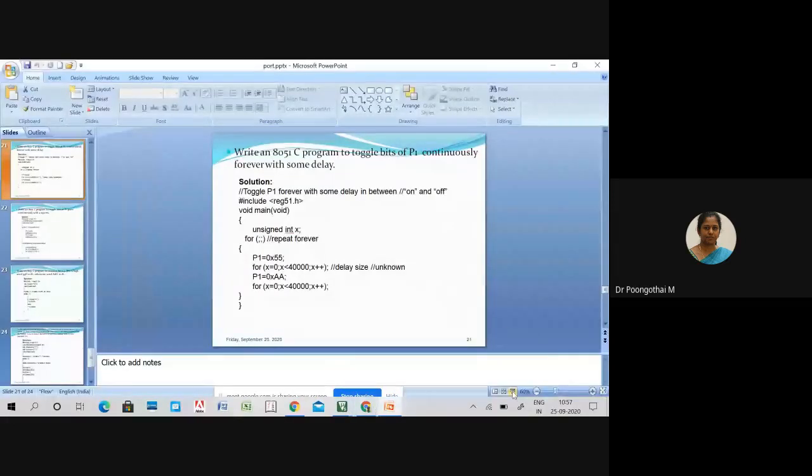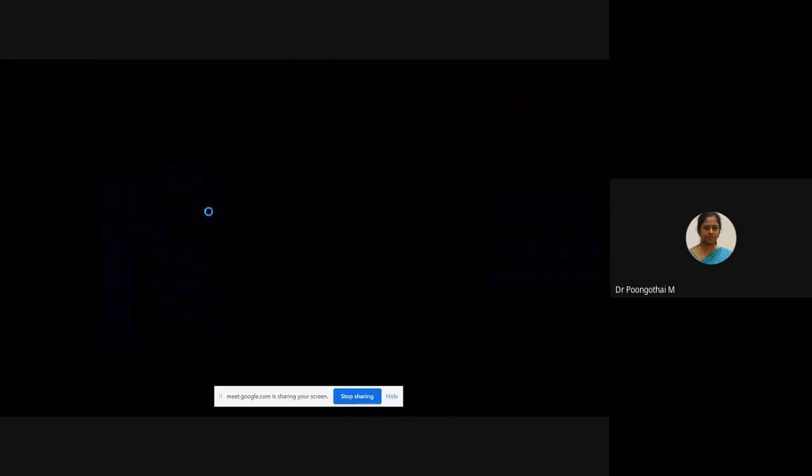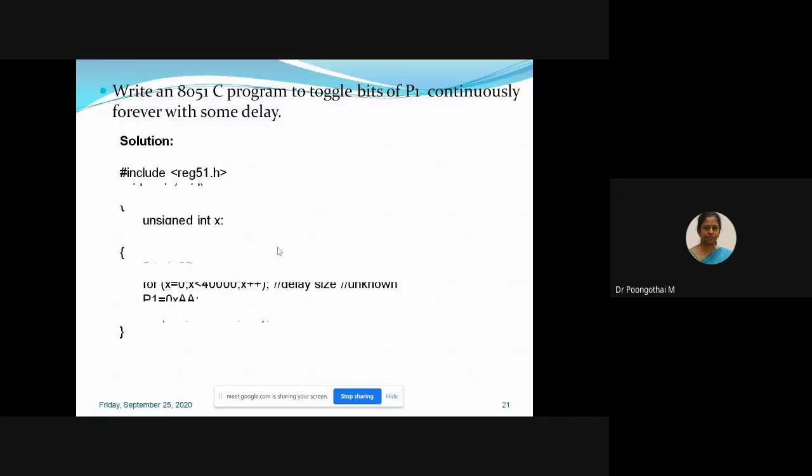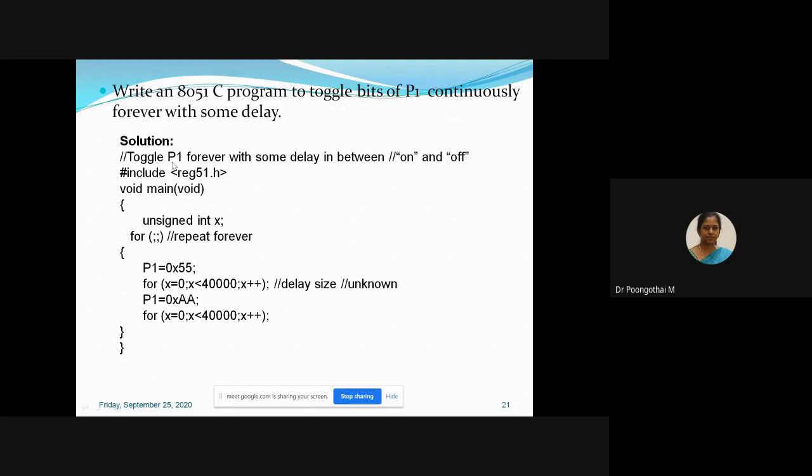So just look at the program given here. Toggle P1 forever with some delay in between on and off. First define your header file, and inside main I'm using unsigned int x. This x is for generating some amount of delay.